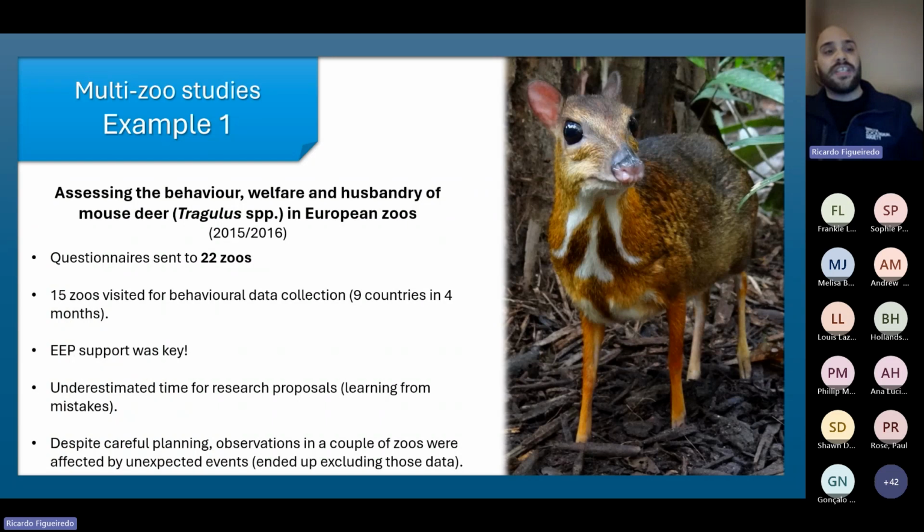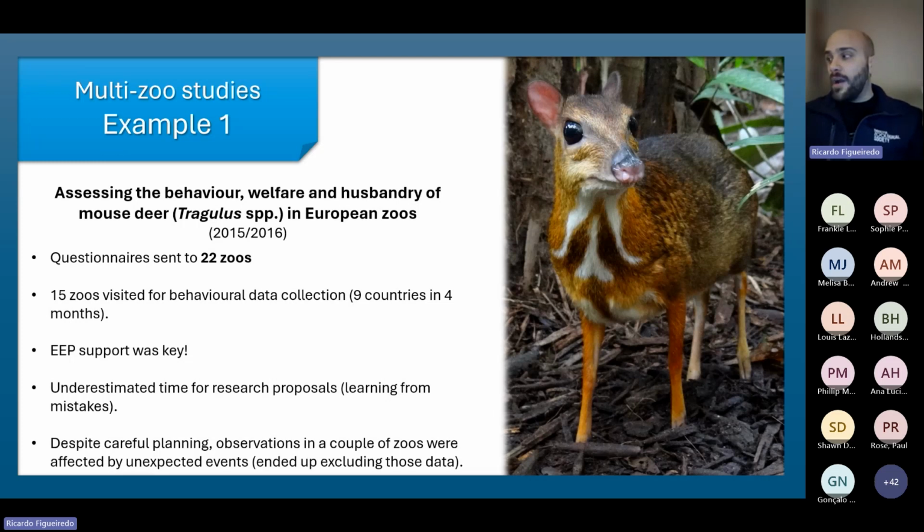And then I also visited 15 zoos for behavioral data collection. These were 15 zoos in 9 countries that I visited in 4 months. So I did all this behavioral data collection in one go across 4 months. And one of the key aspects of the success of this project was having the support of the EP coordinator,